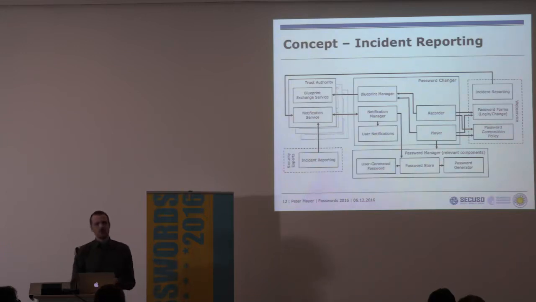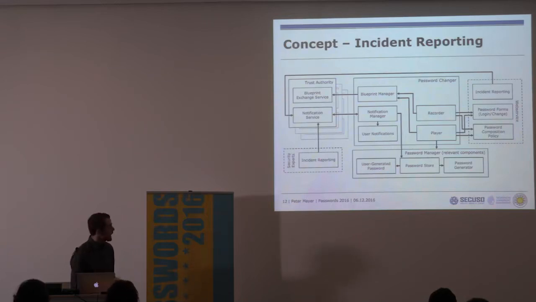We believe it should be flexible enough to support multiple of these trust authorities, and that users can then actually choose which of these services they subscribe to, just like we have it with ad blockers today. So we can subscribe to certain filter lists depending on what we actually want. And to offer this same choice,